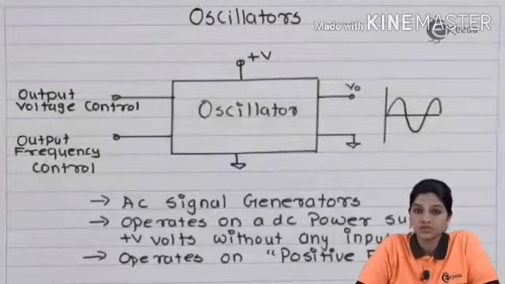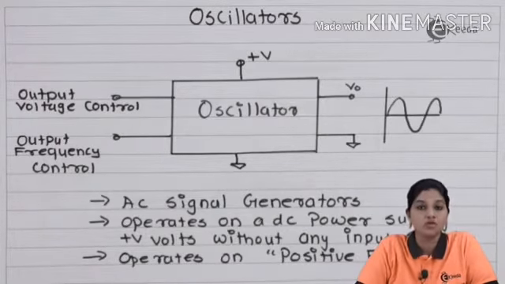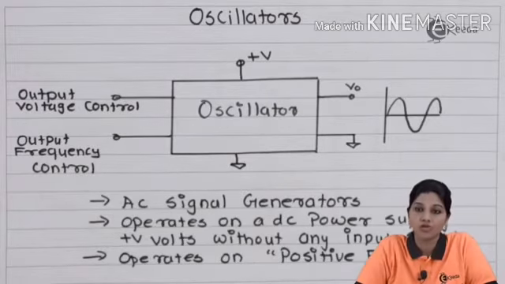Oscillators are basically AC signal generators that are used in laboratories for producing a sine wave. A sine wave is a type of wave that is used as a test signal for many applications. So oscillators find important application in many laboratory applications. Now let's understand the concept of an oscillator by using a simple block diagram. An oscillator produces an output waveform as a sine wave which has a variable frequency and variable magnitude. Or else we can produce a sine wave of fixed magnitude and fixed frequency by using an oscillator.